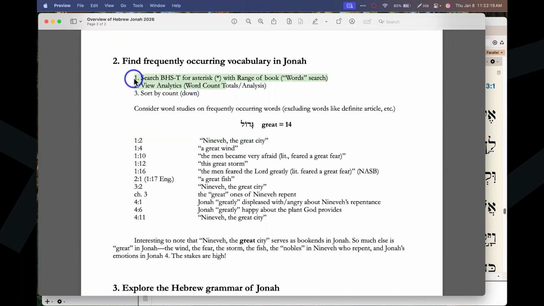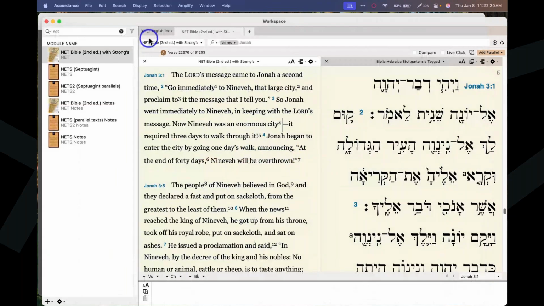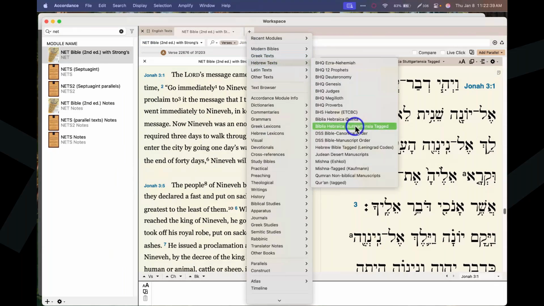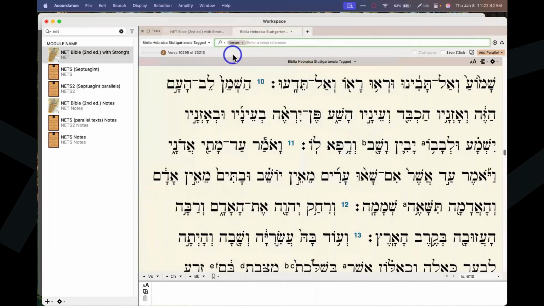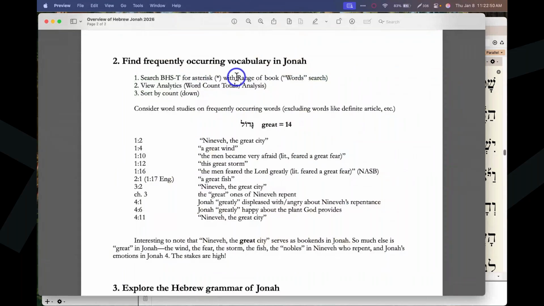This is a pretty simple task in Accordance. It's 3 steps here. I've put them all in your handout, but let me walk us through how to get there. I'm opening up Accordance. I'm going to open up a Hebrew Bible text. So I can leave this open, but I'll just go to plus here, and I could go to Hebrew texts and BHS. So I've got a Hebrew Bible text here,